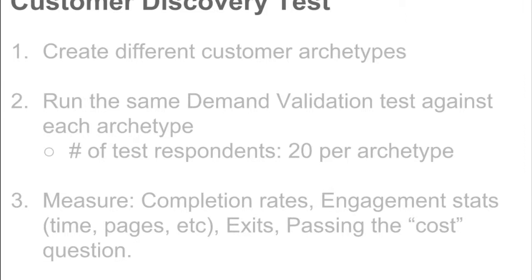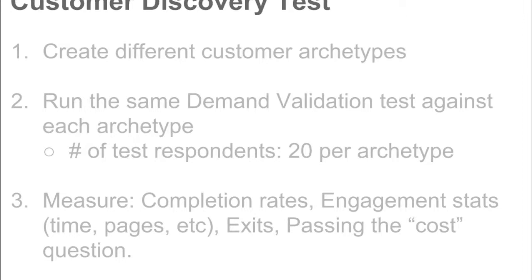You create your archetypes. You run the same demand validation test against each archetype, keeping the responses separate. And you want to measure completion rates and passing the cost question, and then compare the different segments. I promise you, if you do this, there will be certain customer segments that jump out, that are much more engaged and much more willing to engage with your product, and there will be other segments that don't. And so now we're going to turn it to the video that Steve Blank did on how to create a